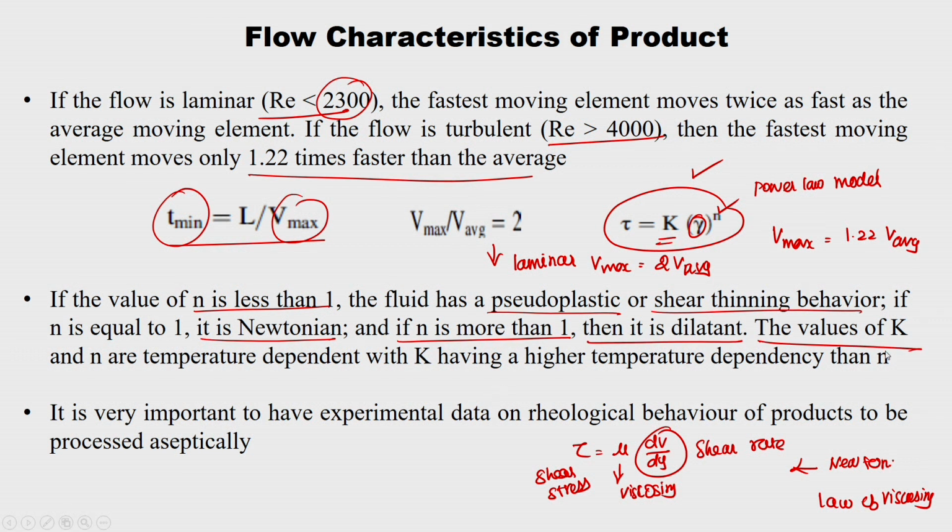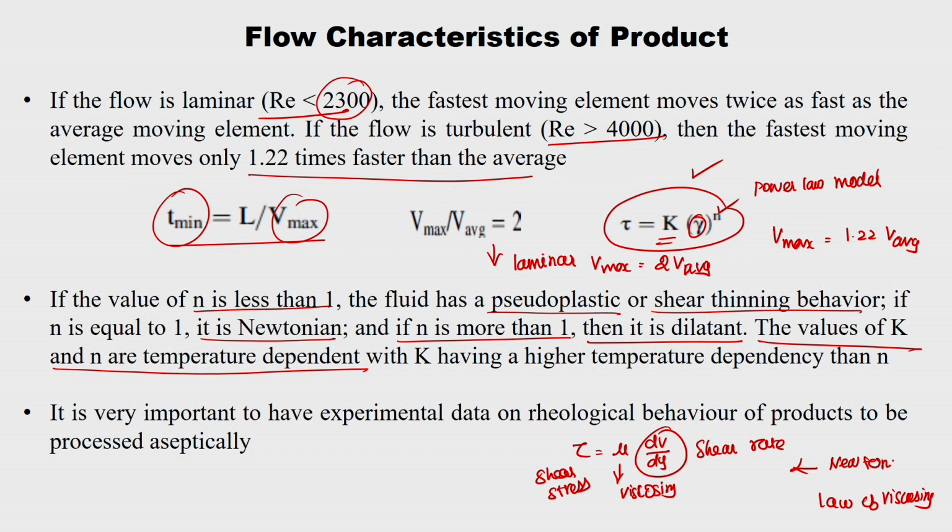The values of k and n are temperature dependent, right. So, when you increase the temperature for liquids, the viscosity decreases. When you increase the temperature, as per the kinetic theory of gases, for liquids it decreases, for gases it increases. And most of the food products we use are either liquids or liquids with particulate solids. So, obviously when you increase the temperature, the viscosity should decrease,